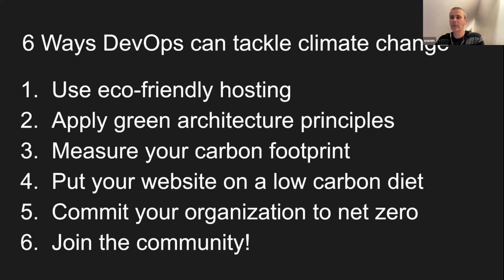Carbon offsets are pretty widely available. There's a large variety of projects that you can help fund that will attempt to draw carbon out of the atmosphere, whether it be planting trees or trying to help people move off of wood for cooking stoves in the global south.